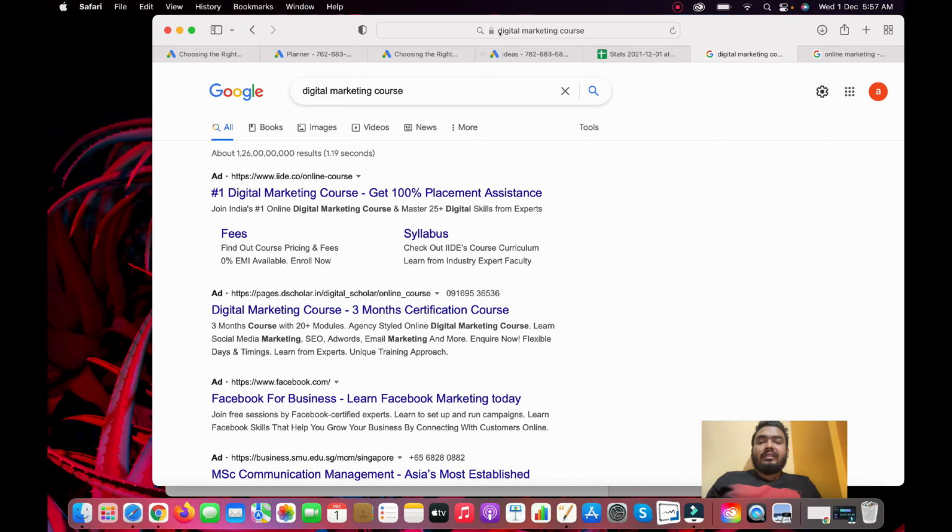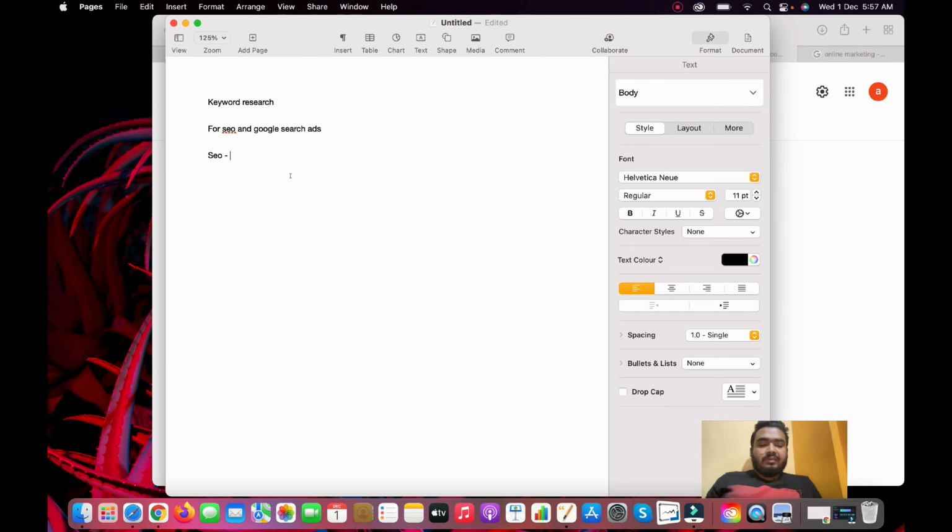Then again, if we talk about keywords, in SEO we have three types of keywords. First, short tail keywords, then medium tail keywords, and third, long tail keywords.